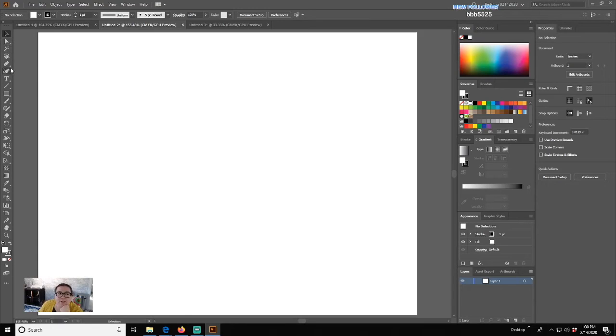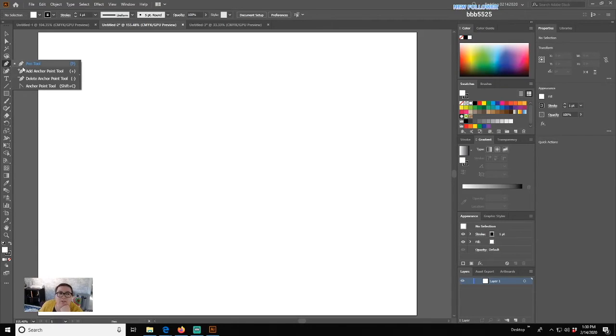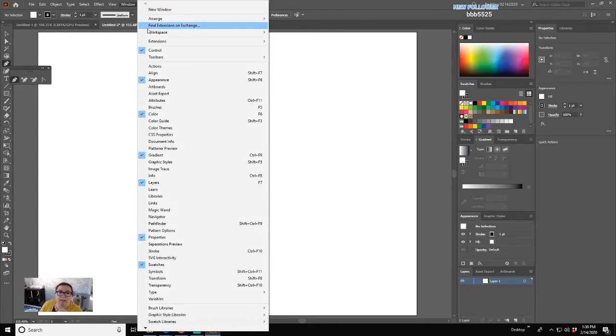Anything that has a little caret in the corner has more info, so you can see there's the pen tool. You can add anchors, delete anchors, and convert, which is what that used to be called, to convert your anchor point. So from a straight to a curve, from a curve back to straight. So when you're working with this, if you're just in the